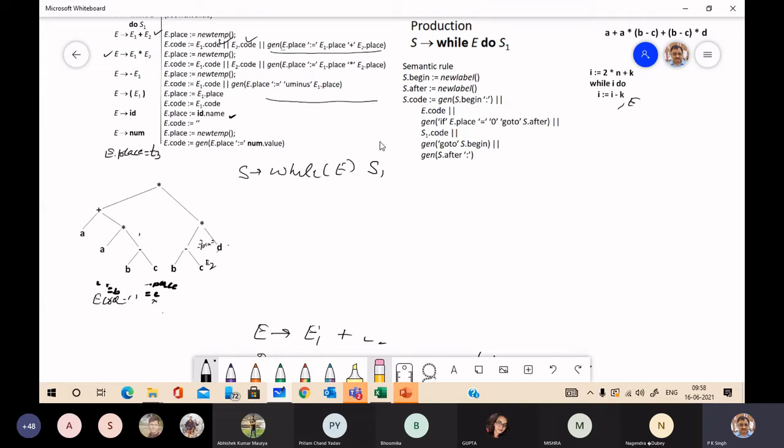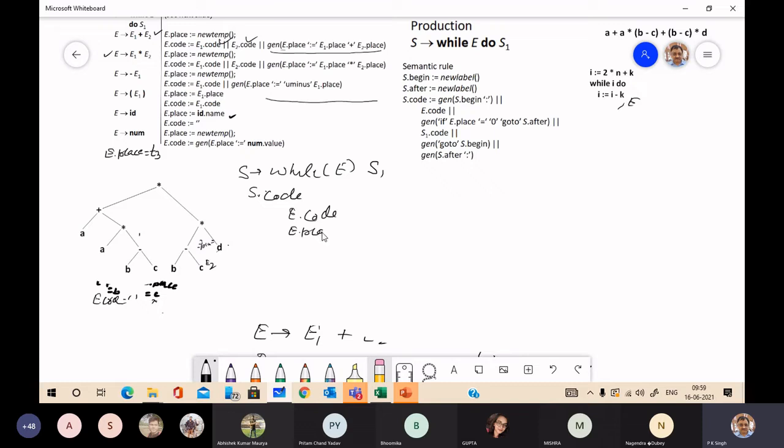So just see what you have. You have to find out S code. S code is the translation. And we have the capability to translate E as you have seen here. Any expression can be translated, so we can find E code and E place.